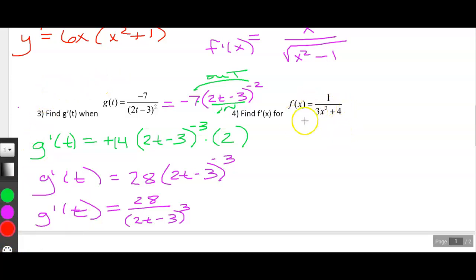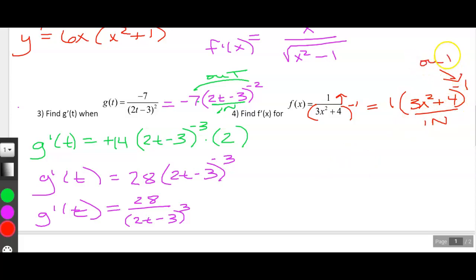All right, same thing here. I can't do anything, so we're going to bring that up. So I'm going to write it as the 1 stays, (3x² + 4) to the -1. So inside,